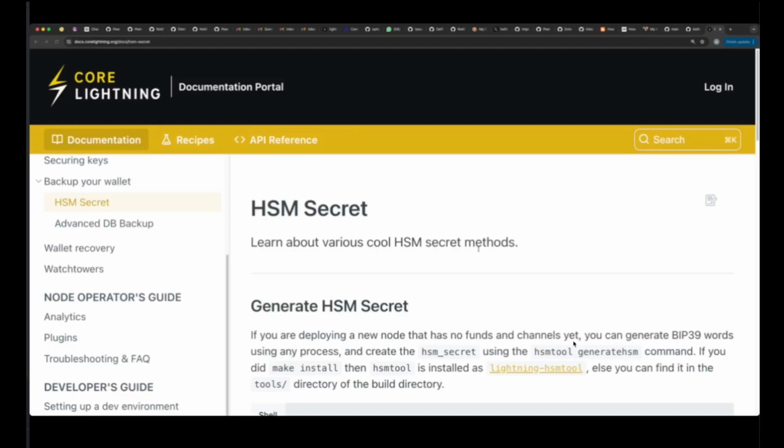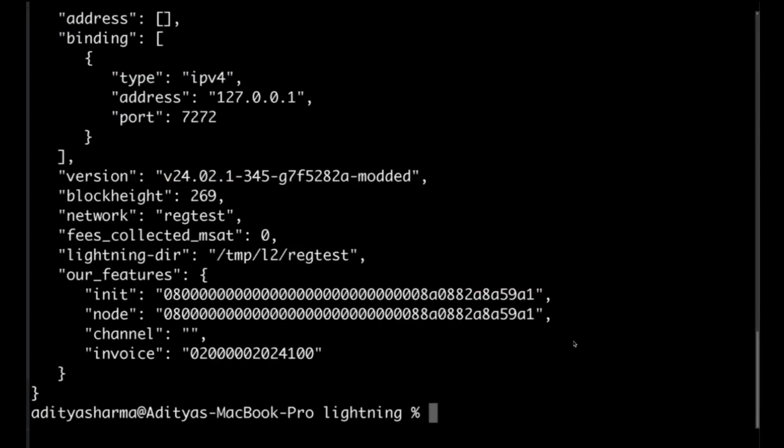So yeah, I have run the startup regtest script which we have been using for the past 3 weeks. We host two local nodes using the script, L1 CLI and L2 CLI. Okay, so while going through the preparation for this workshop,